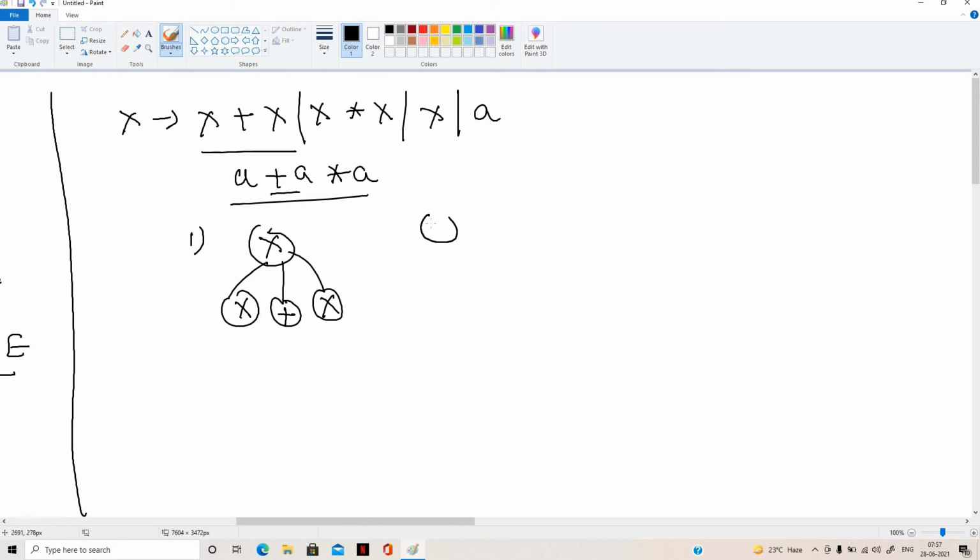My intention is to take a first, so x is replaced with a and a, the plus stays like this, and then x. So now our intention is a plus a into a. Plus, I got this, this is a, plus, I got it.